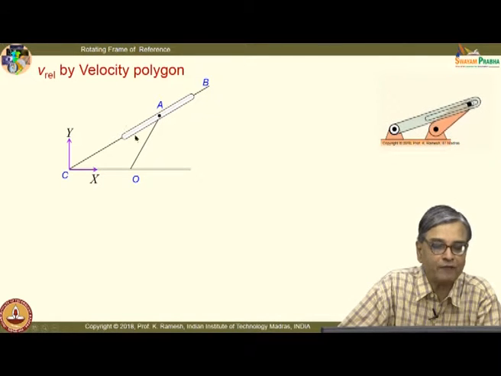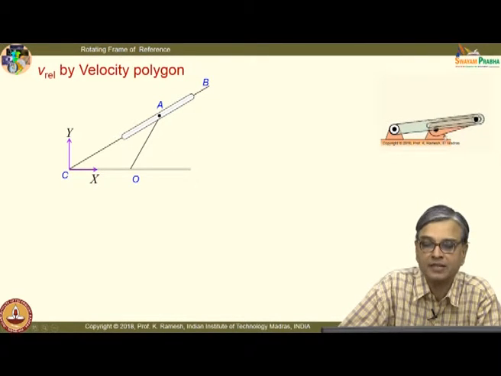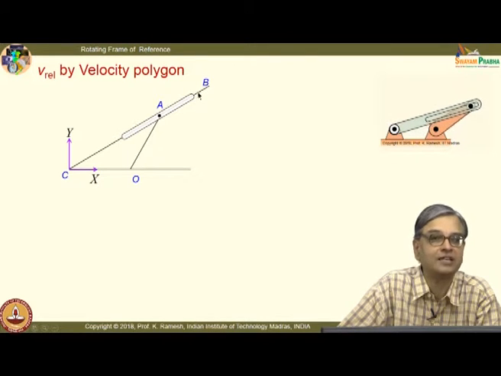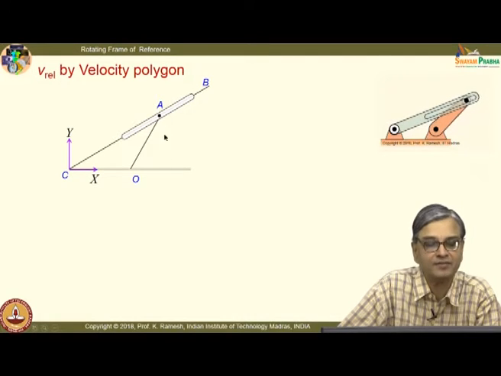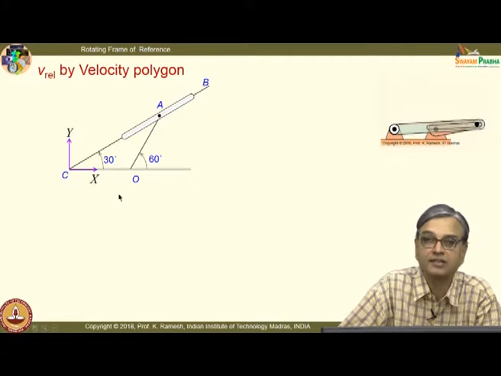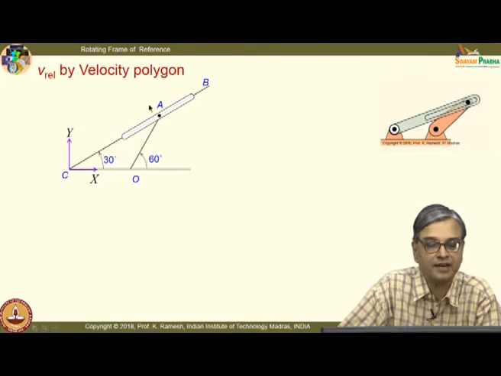And in this also we have followed a very nice symbolism. A slotted member is simply shown as a line with some slot. It is not exactly reproduced to the actual slot length or the slot width or anything like that. It is a very nice way of representation. And we are asked to find out for a particular angle theta equal to 30 degrees. So, we have the relative positions marked.